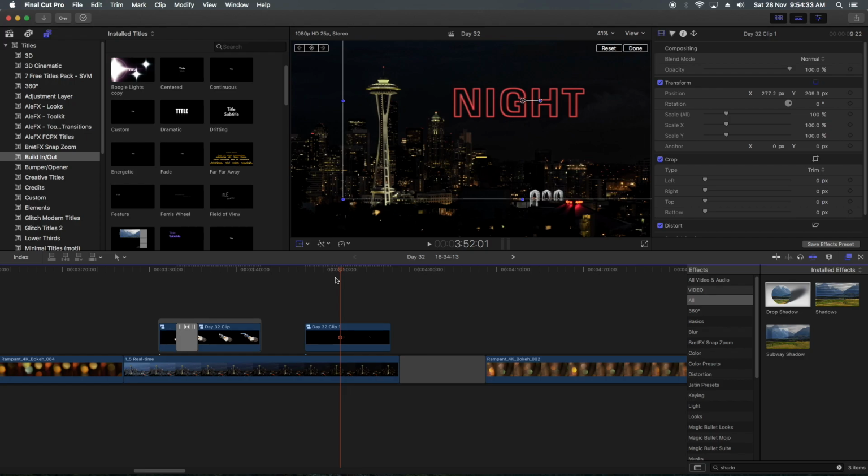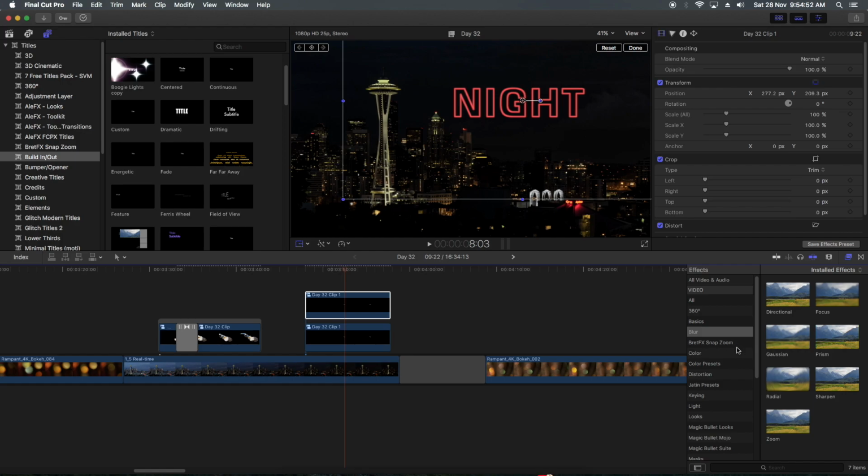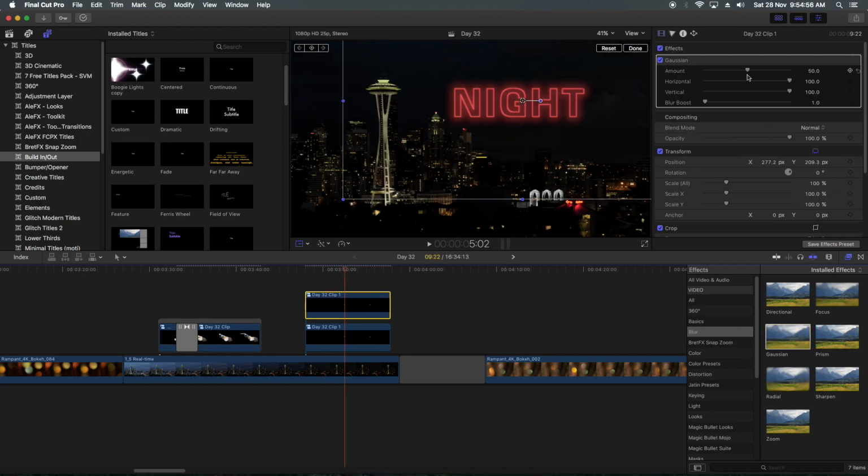So you can do things, and if you want a drop shadow, now what I'll do, let's make a duplicate copy of this, and we'll bring some blur, we'll overlay some blur, and now you can see some neon effect is coming,